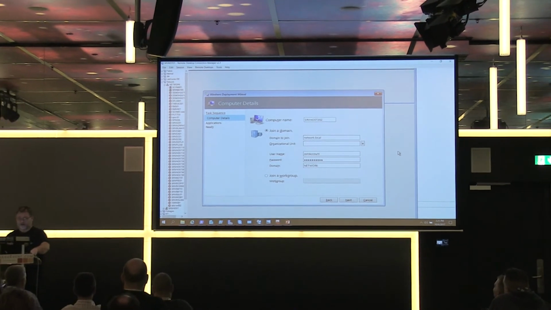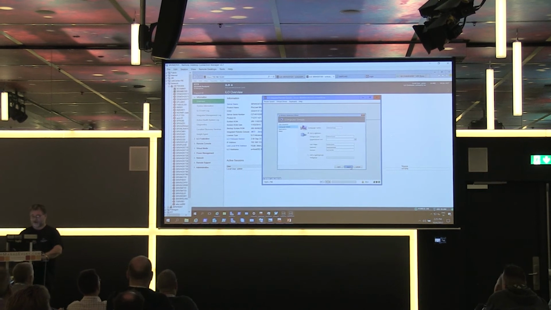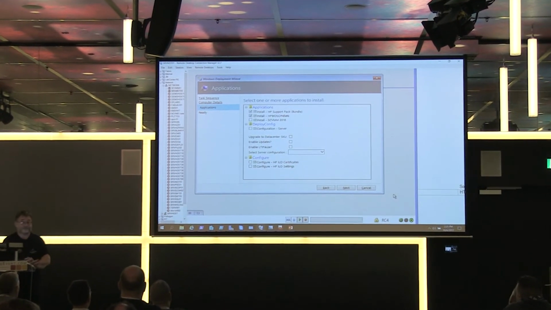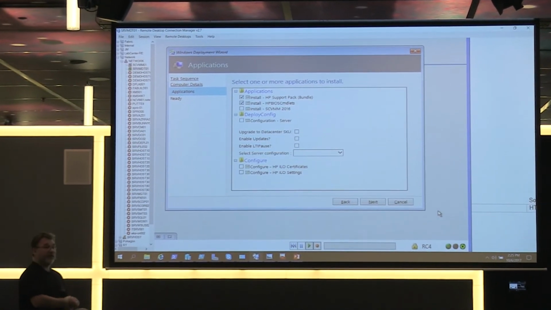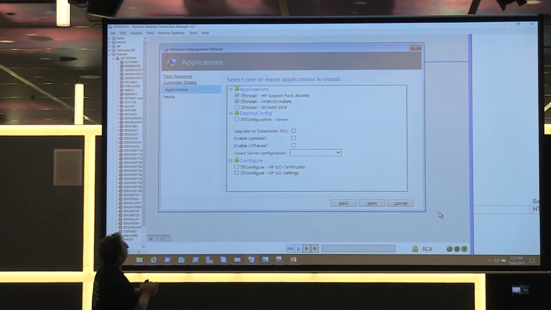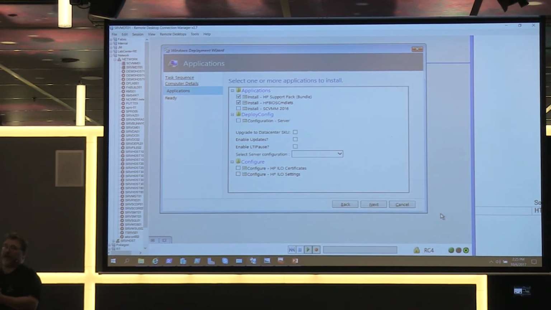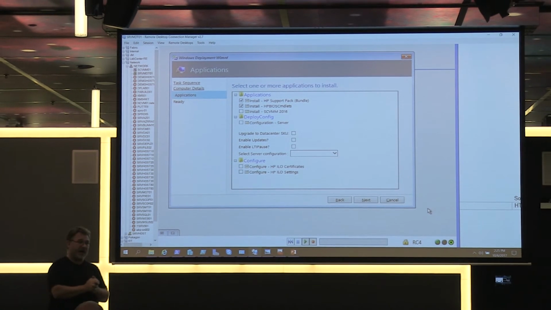So I don't need to fill out the name. It's also automatically going to join the domain, but the interesting part comes here. So we're going to install the HP support pack automatically and silently. We're also going to install the HP BIOS commandlets. The reason why I want to install the BIOS commandlets is because now I can use